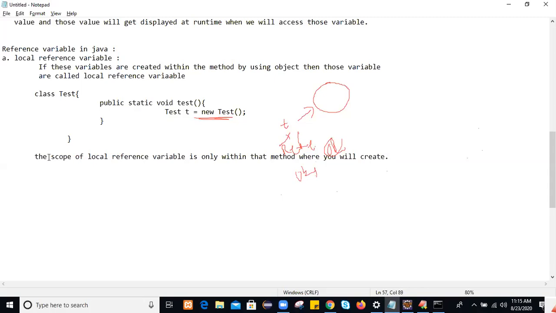Outside the method you can't use it. You created this reference variable within the test method, so you can use it only within this test method, and it will hold the memory address of this object.